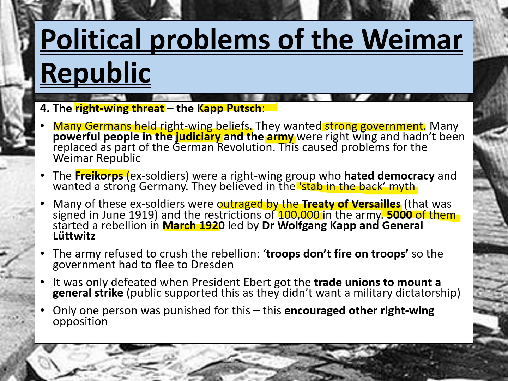So the army, of course, would usually be brought in to crush a rebellion like this. At this time, the army refused to crush the rebellion because they said that troops don't shoot on troops. And essentially, you've got to remember that the Freikorps were ex-soldiers. Many of these men may have fought alongside each other in the First World War. And so at this time, the government was under increased pressure and they were worried for their lives.